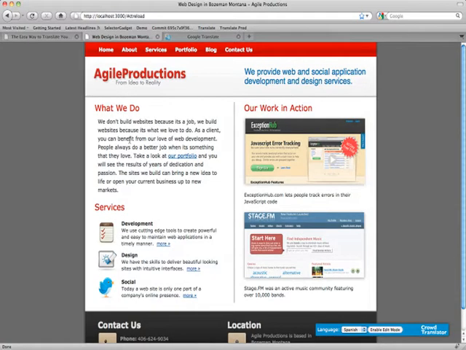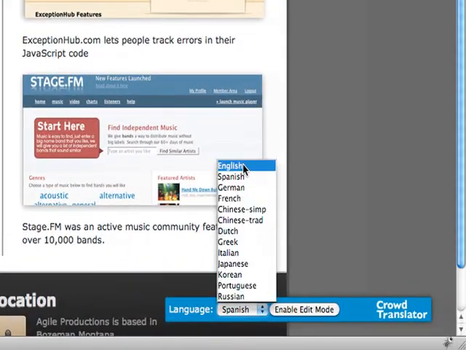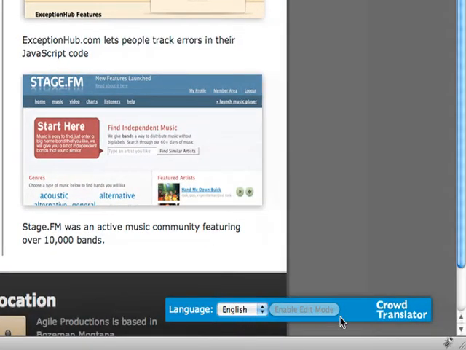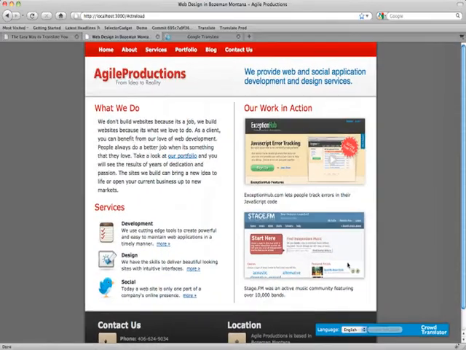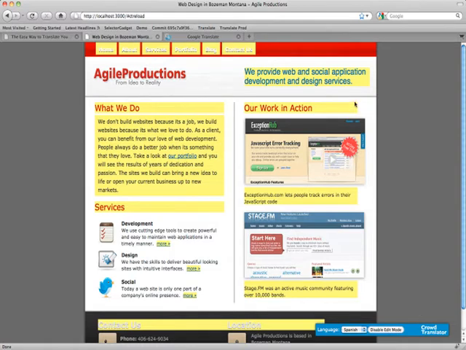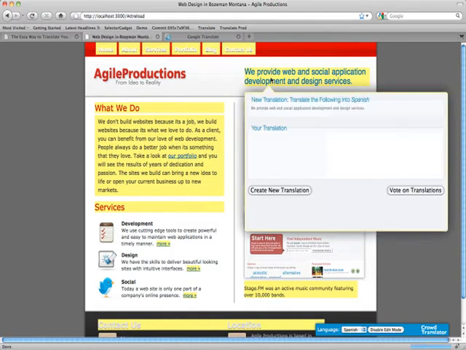So I've gone ahead and set this up on my portfolio site, and normally when you load the page, it'll bring up this translate toolbar down here, and then you go ahead and select the language you want to translate into, and since nothing's been translated, it just stays in English. And then I can click this enable edit mode, and the paragraphs that haven't been translated yet show up in yellow. So if I click on a paragraph, it'll bring up this box,